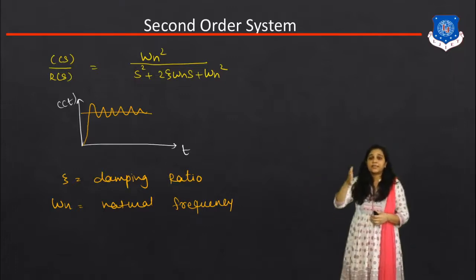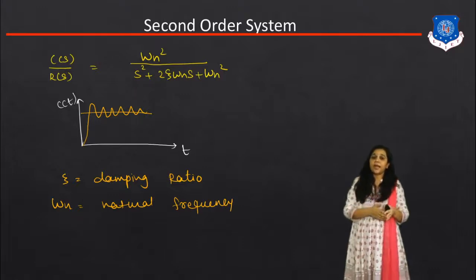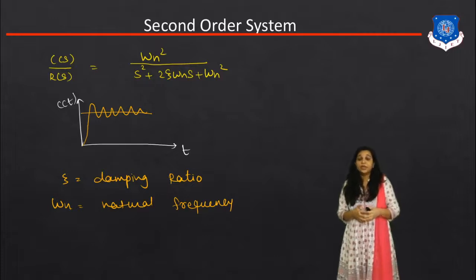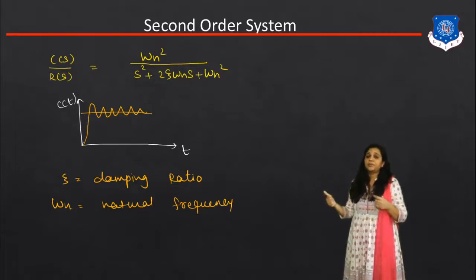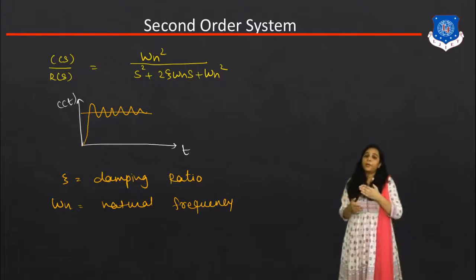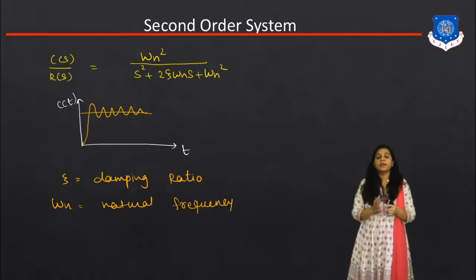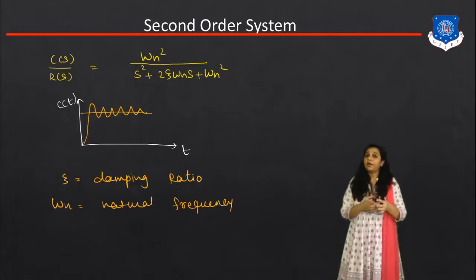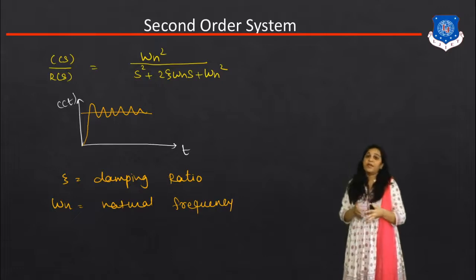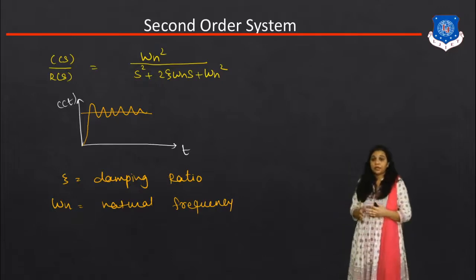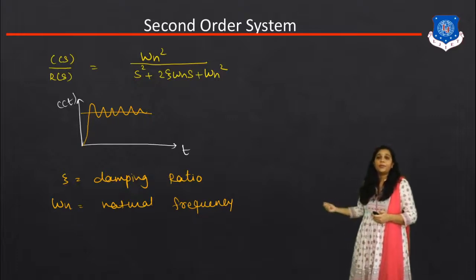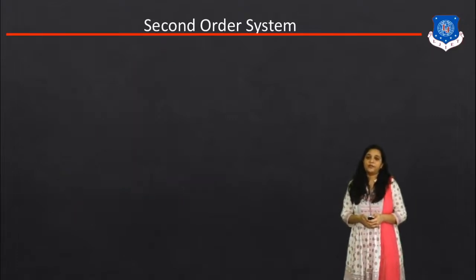Now if we draw the response, time t versus the output c(t), we can get some oscillation response. After some time my response will become stable, and we get a saturation region. This type of system response is obtained from the second order system. Depending upon the value of zeta, we can get the undamped system, underdamped system, overdamped system, or the critically damped system, that we will study in the next session. Here, what is zeta? Zeta is the damping ratio and omega n is the natural frequency.